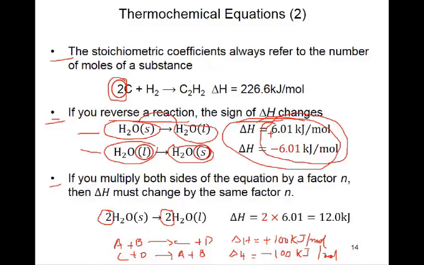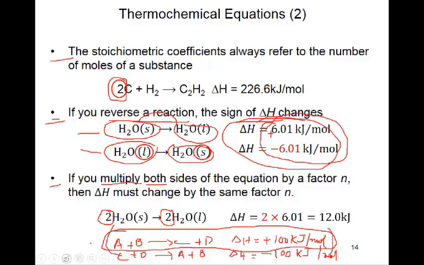Point number 3 says, if you multiply or divide or do any change on one side, it is not good. You have to do it on both sides. Similarly, suppose this is the example here. You take this same example. Suppose this is your complete equation. If you want to multiply by 2, then you have to take the bracket. This complete goes in the bracket, and you multiply by 2 complete.